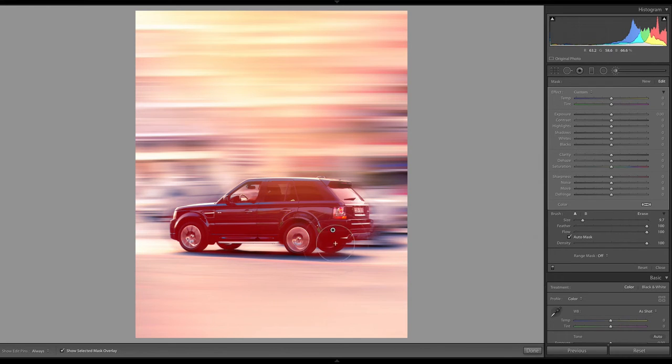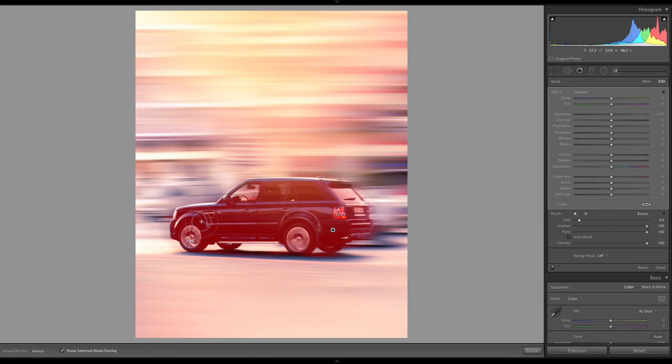The auto mask feature right here, it just helps you to not select outside of the edges of the car. It can detect the edges pretty well. Now, if there's parts of the car that you definitely want to include that weren't being included with the mask, you might want to just paint over them without that selected. But when you get close to the edge, like I just did right there, whoops, I selected past that edge. So I'm going to redo that.